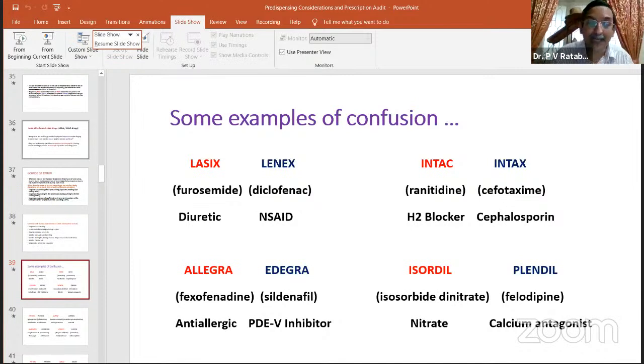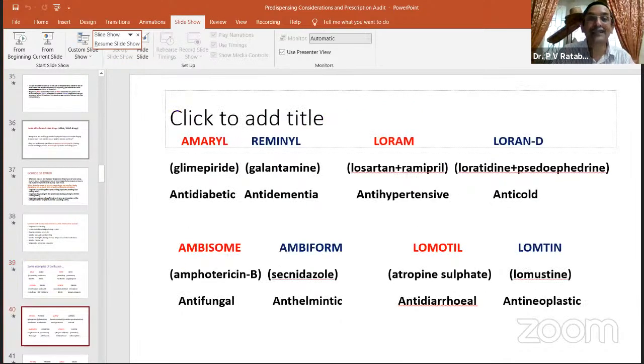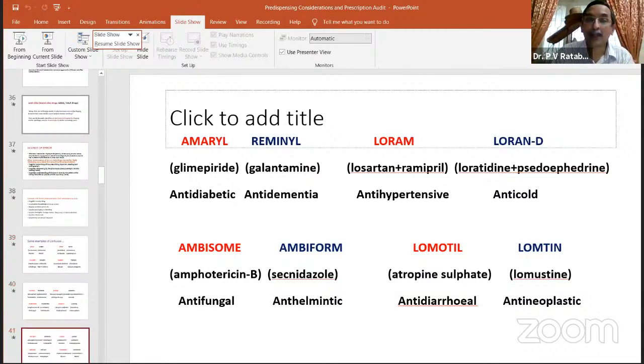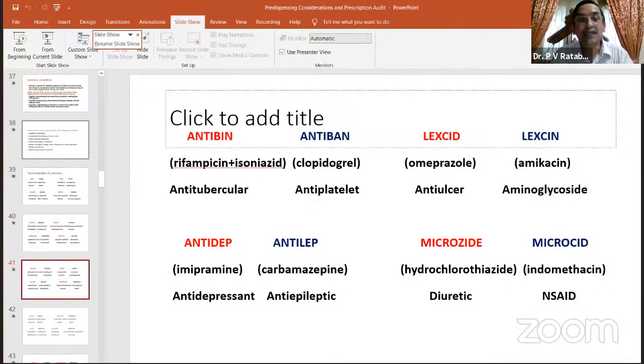What will happen to him? His allergy will never disappear, but it will come at a wrong place. So Allegra and Etgra, Izordil, Plendil, Emaril, Reminil, one is anti-diabetic, other is anti-dementia, Loran, anti-hypertensive, anti-cold, Ambisome, Ambifom, Lomotil, Lomtin, Antibin, Antiban,